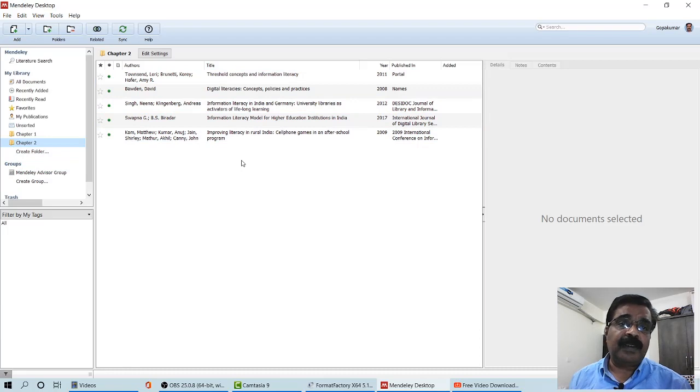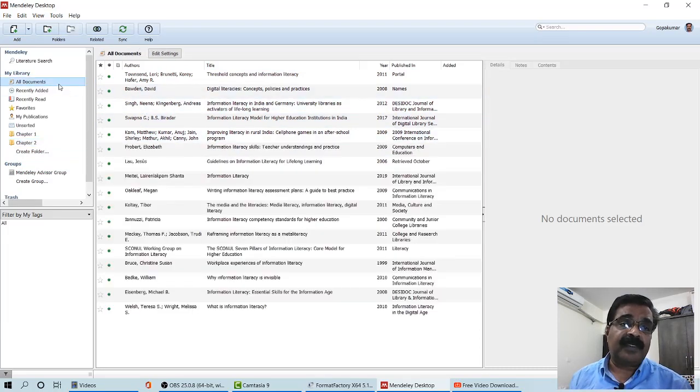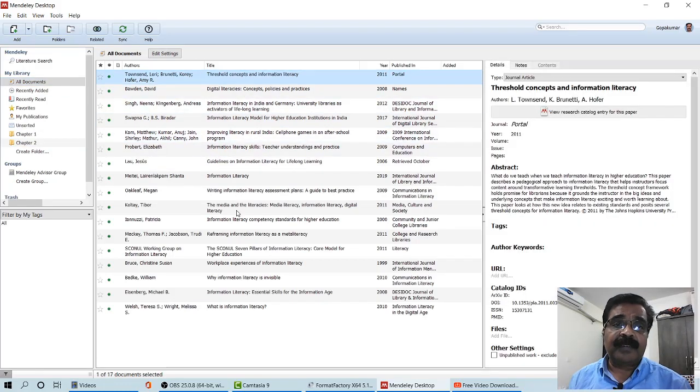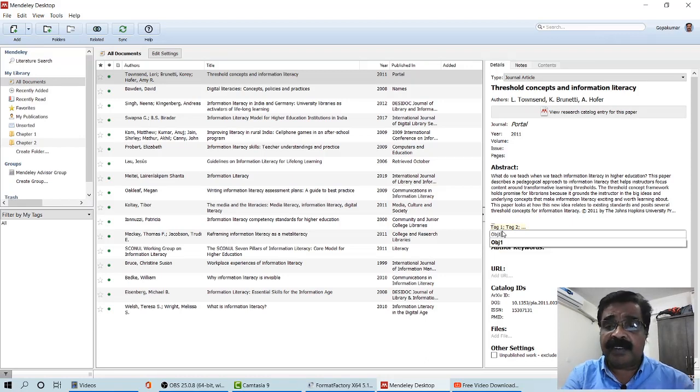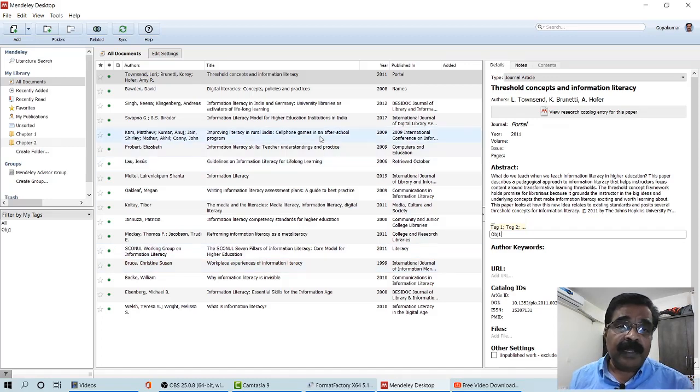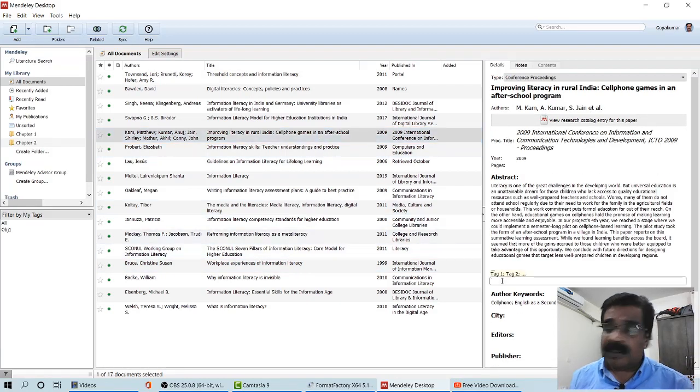This is one method of doing it. There is another method of tagging the references. For example, suppose you click this and here there is an option called tags. You say, I need it for my objective 1. To explain my objective 1, I need this reference. So you type OBJ1. Then go to another item, type again, this is also required for my OBJ1. So you have tagged 2 items under OBJ1.